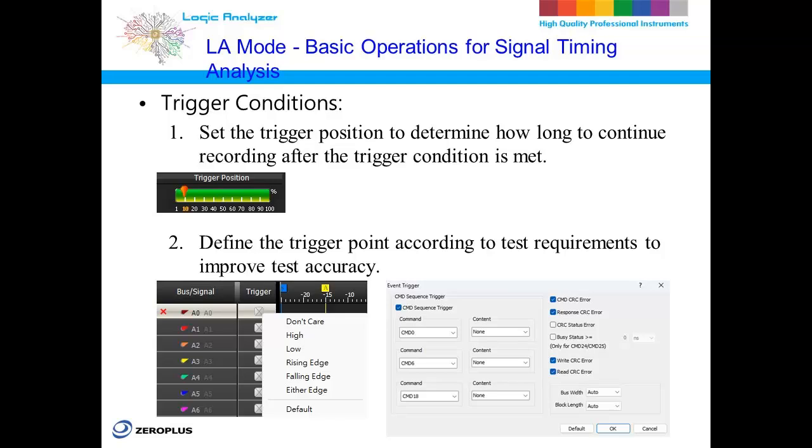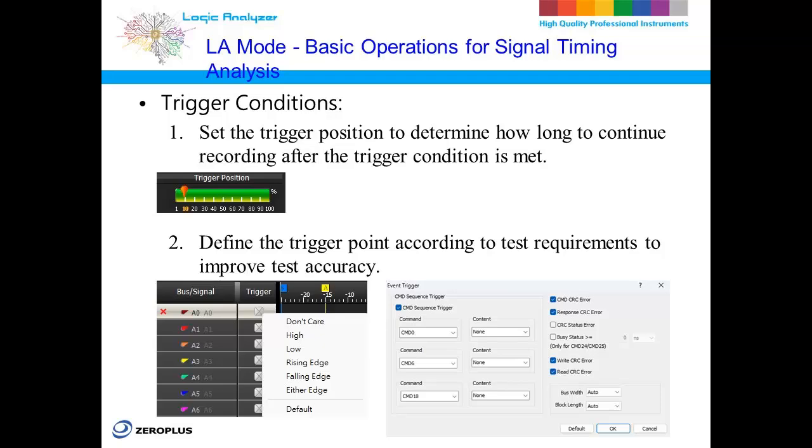Accurate trigger condition settings are critical for the test's precision. Depending on the test requirements, you can choose the most suitable trigger condition, which will help avoid interference from unrelated signals and only capture the signal range you're concerned with. For instance, when analyzing data communication, you could set the trigger point to the start of data or a specific command byte. This ensures that the test begins at the correct moment, improving both the efficiency and accuracy of the test. By setting precise trigger conditions, you'll be able to capture and analyze signals more effectively, leading to more accurate